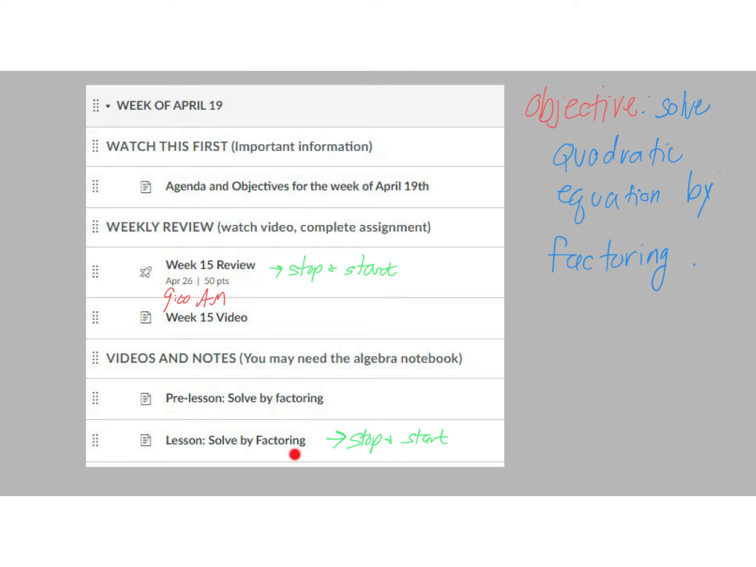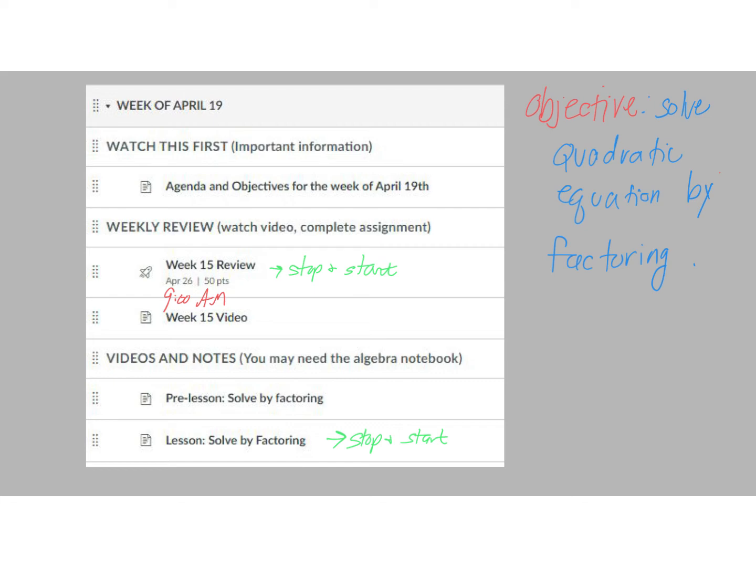Now, when you get into the lesson, this is a little bit longer because I go in very detail into the steps of solving by factoring with several different problems. In fact, every different type of factoring that we'll see. And so you might want to stop and start as you need to take time to be able to process